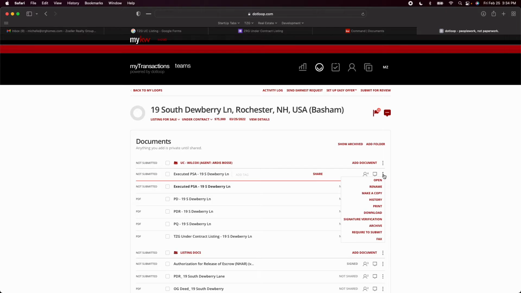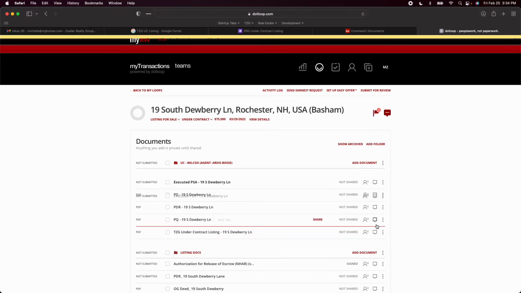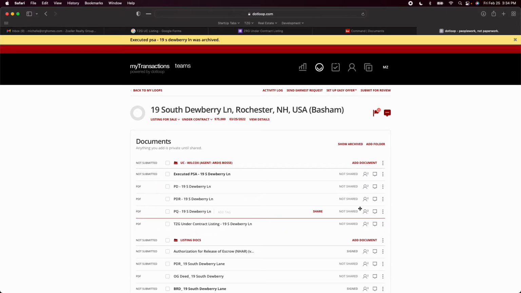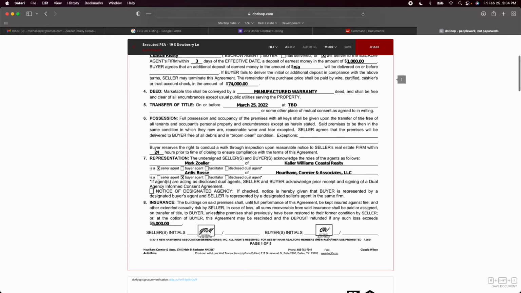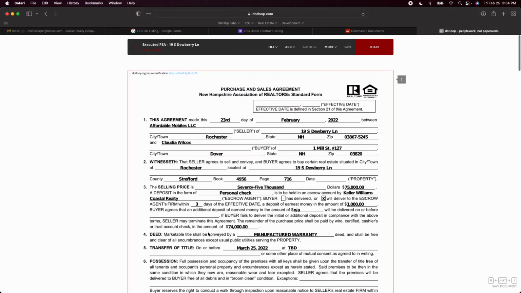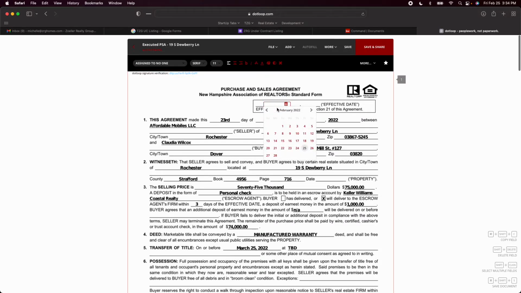So this old one that has the live signatures on it, we're going to go ahead and archive that because we don't need it twice. And now we can open up executed PSA, and you can see that this has turned into a flat black signature just like the other one. This means it's not going to disappear if you make any changes to the contract now. So now we can go up to the top, add date,